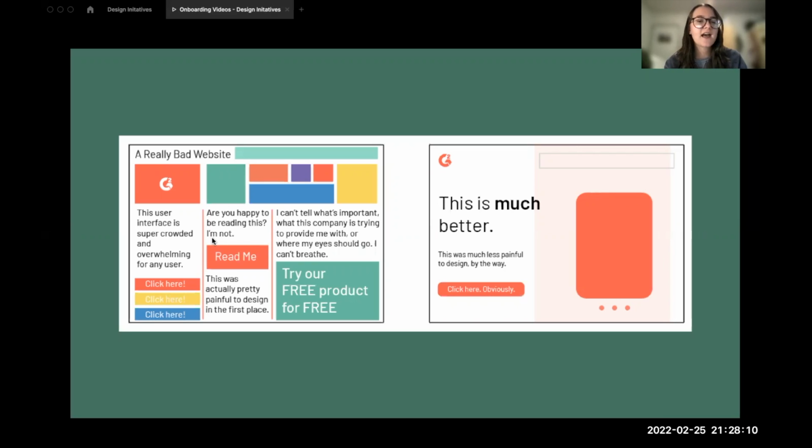As you can see here on the left, all the text is pretty much the same size. There's no visual way to differentiate between what you should read first and maybe what's the most important, versus on the right here, you have a clear header and a subtext / body text and a button, and you read it top to bottom, and it's pretty easy to tell which information you're supposed to read first versus last.